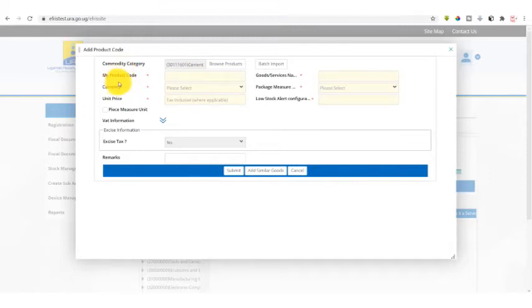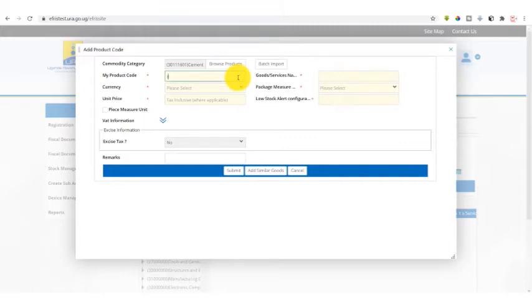So we have the product code, we have my product code, we have goods or services name. Here, the business is going to input products the way that they describe them in their normal way of doing business operations. The product code is important because it helps us monitor the stock that has been configured or that has been stocked in by the company. So we are going to configure cement. We are going to give the cement the product code.